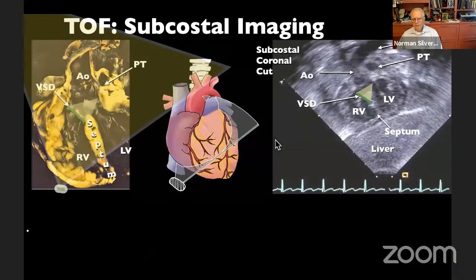And then again, the zoom to allow you to look at the comparison between the echo specimen and the morphological specimen. Here is a subcostal image of a tetralogy of Fallot, and you can see this cone of tissue which subtends the space underneath the aorta and above the ventricular septum. It is a 3-dimensional space, but the surgeon will replace this here. This is the embryological secondary interventricular communication. And here is the area of what we call the ventricular septal defect, which is not really the defect, but is the area that the surgeon patches.